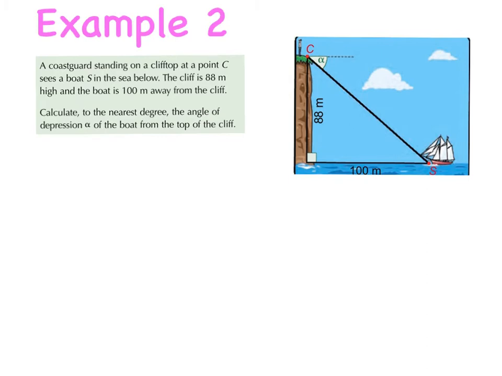Okay, example 2 uses the new phrase that we've looked at today, angle of depression. So a coast guard is standing on the top of a cliff. He's standing at point C and he sees a boat S below. So once he's looking below, it's the angle of depression. Okay, the cliff is 88 metres high, so that's marked in, and the boat is 100 metres away from the cliff. Calculate to the nearest degree the angle of depression at alpha. Okay, so this is alpha here,